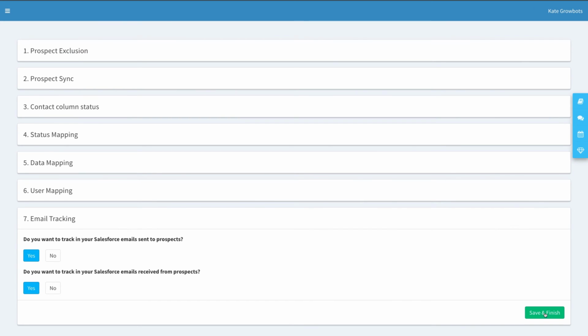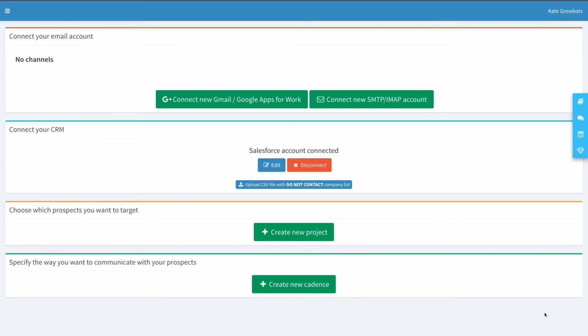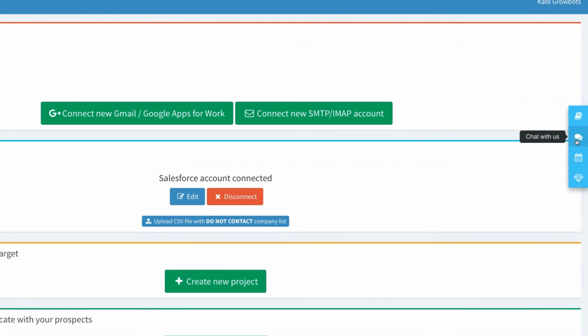Your Salesforce account will now be connected and you will be moved to the dashboard. The process of synchronization may take up to 24 hours depending on the size of your database. Remember that Salesforce can only be connected by your organization's GrowBots admin. If you're not an admin and you notice that Salesforce was not connected properly, try checking with your admin first